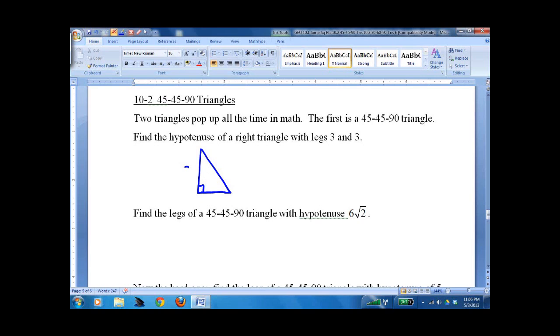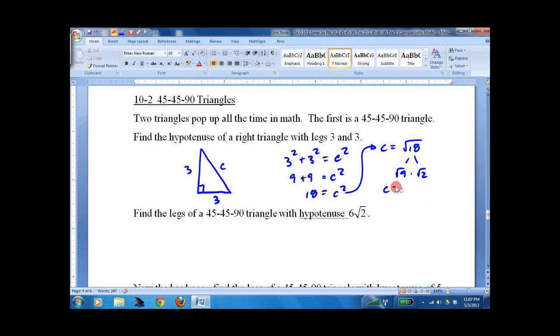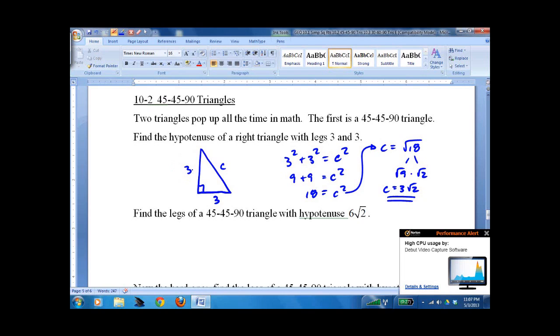a squared plus b squared equals c squared. So if we don't know this, we could go that 3 squared plus 3 squared equals c squared. 9 plus 9 equals c squared. 18 equals c squared. C equals radical 18, which we reduce to square root of 9, square root of 2. C equals 3 root 2. So what we can do is look at this piece